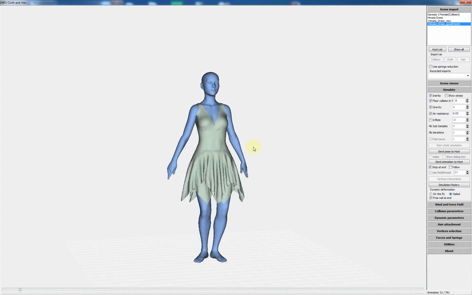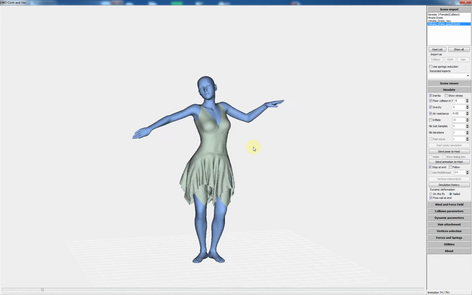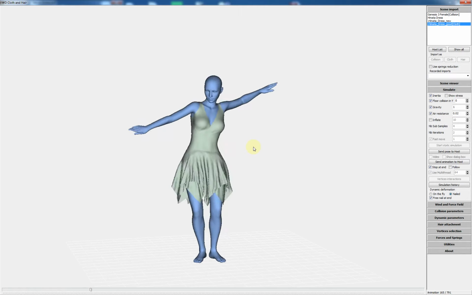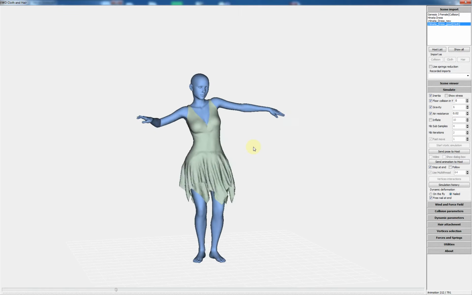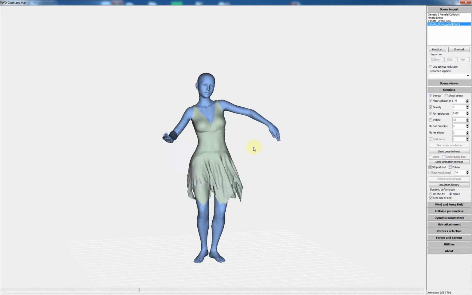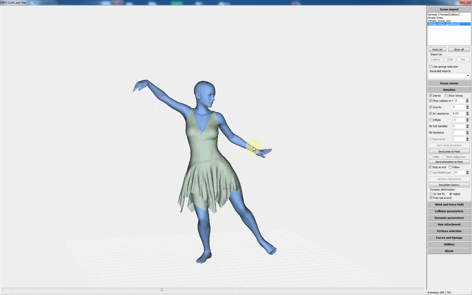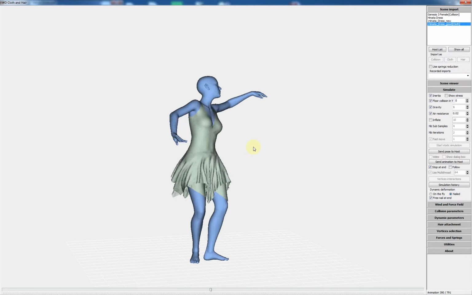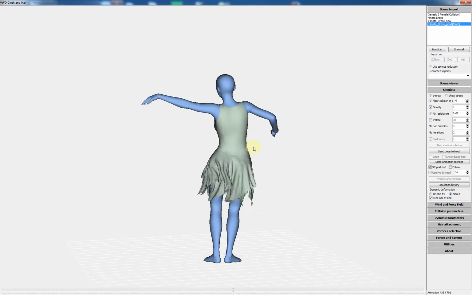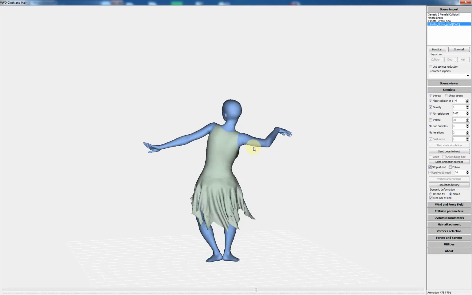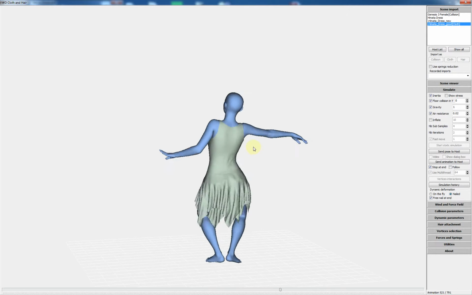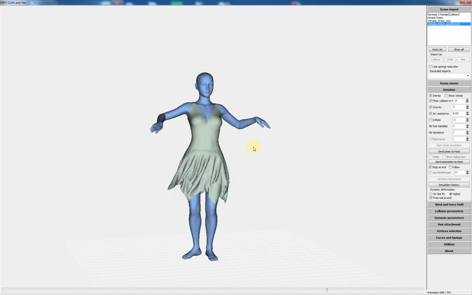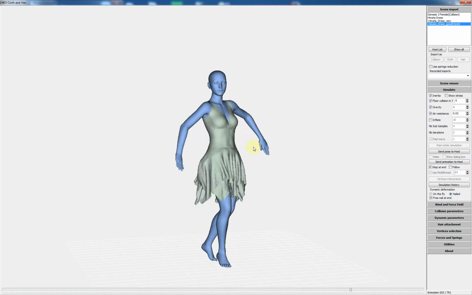So you can see the full simulation. I used very soft cloth that allows to show that the self-collision works very correctly.